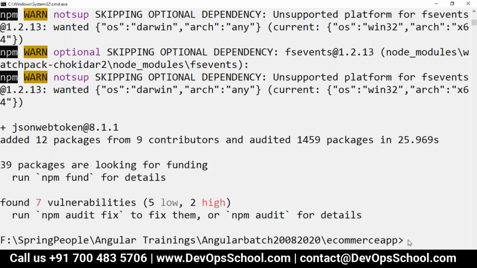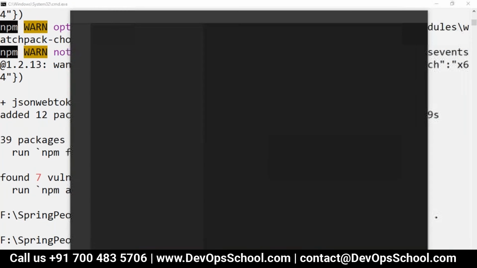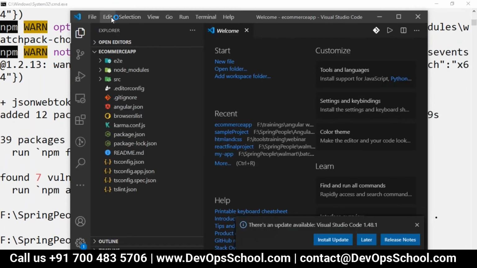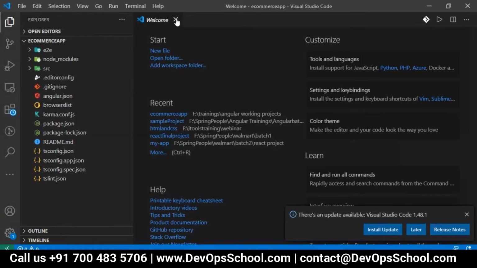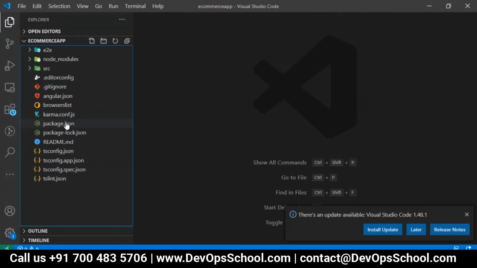Once you have done it too, you can open Visual Studio Code and check the package.json.